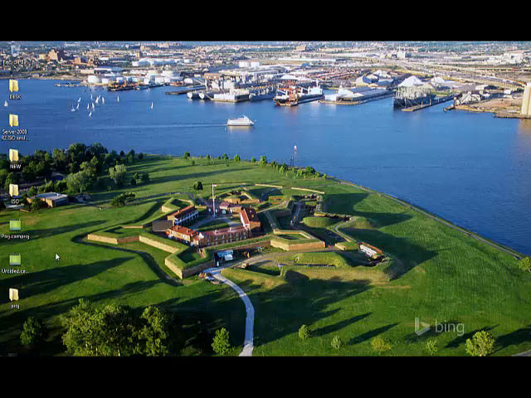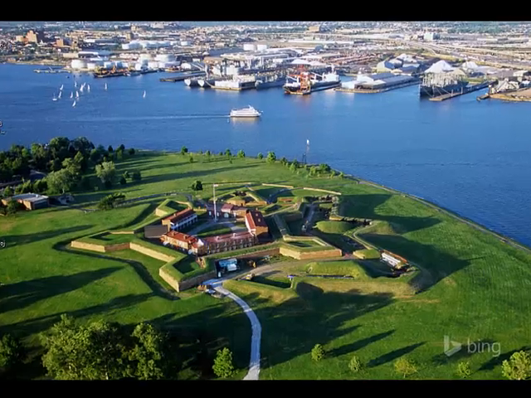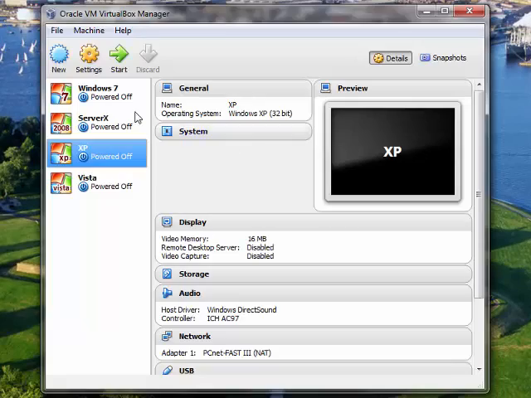Okay, so welcome to my presentation. I'm going to be showing you all how to create a roaming profile as well as home folder and connecting multiple VMs. So first thing you want to do is open up your VirtualBox and you want to go to